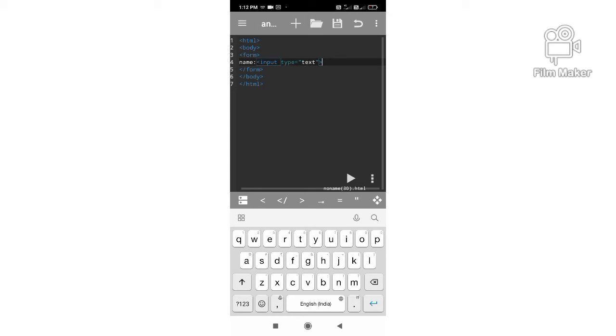So see, okay, then we don't use this to close it because we have already closed the form, right? We don't need to put this here. Okay, then I write